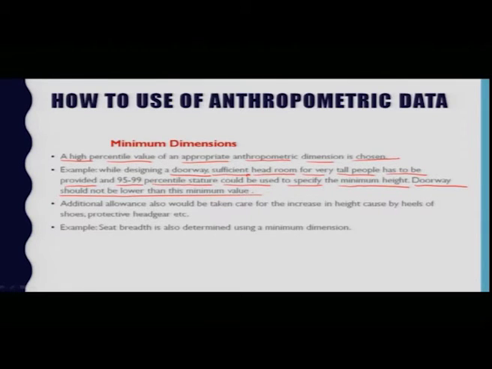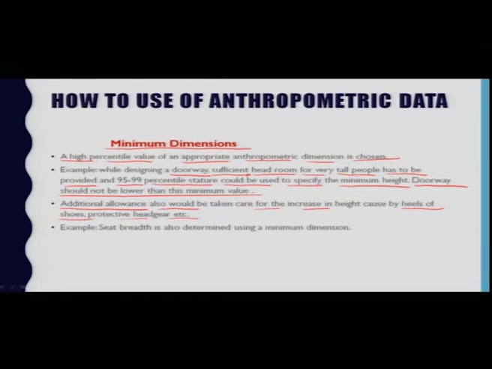In fact, the doorway should not be lower than this minimum value, and additional allowance would also have to be made for the increase in stature caused by items of clothing such as heels of the shoes, protective headgear, and so on and so forth. As an example, you can also take